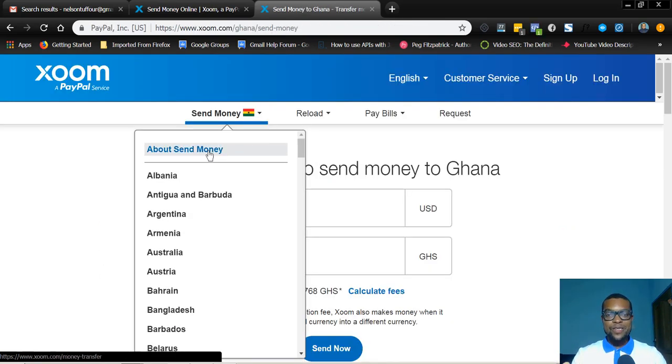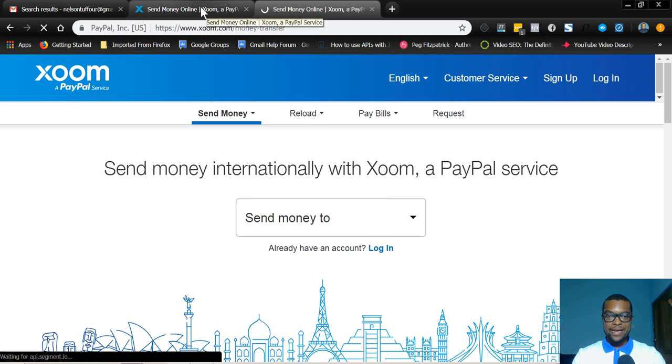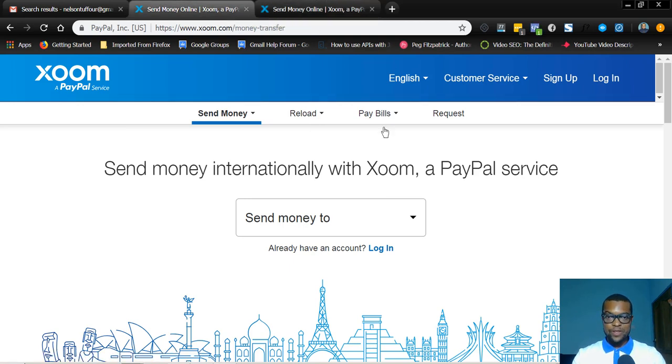This is how you tell anybody who is sending money to you, either a service or an individual, to send money to you in Ghana for you to pick up. So if the person asks for your PayPal account, tell him you have a PayPal account, but you cannot withdraw the money from your PayPal account because you're a Ghanaian and PayPal doesn't work in Ghana. But there is a service which is a PayPal service. So indirectly, that is a PayPal account that you can then withdraw your money or take your money right here